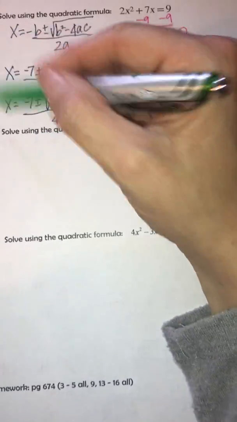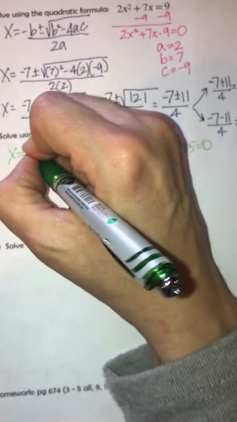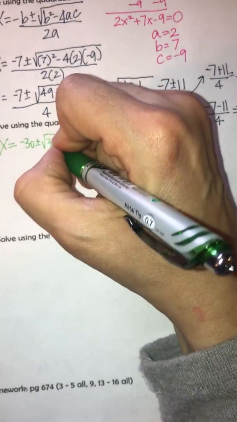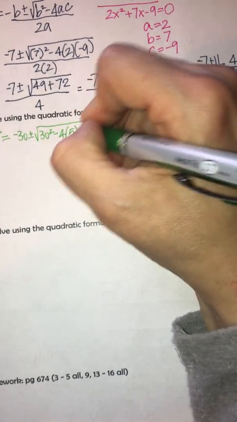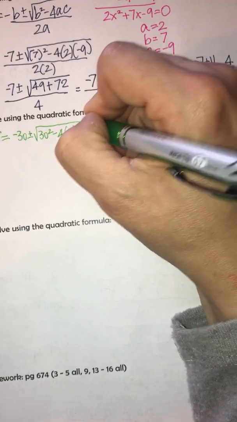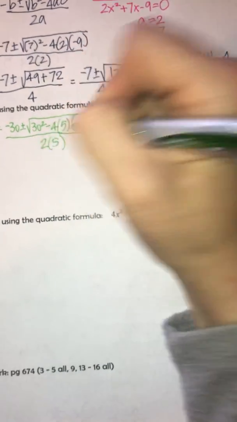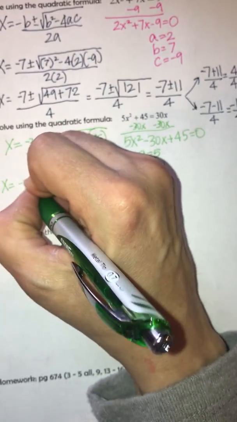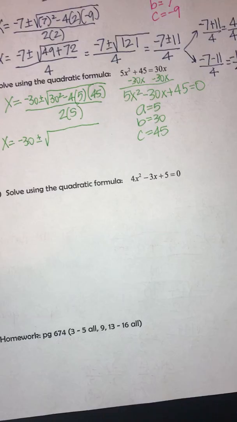You have to still know how to factor, but this will do the same thing factoring would. So we can bring this formula down. So hopefully opposite of B plus or minus B squared minus 4 times A times C all over 2 times A. Might have an issue with this one. I might need a calculator and I don't have one handy. So negative 30 plus or minus 30 squared is going to be